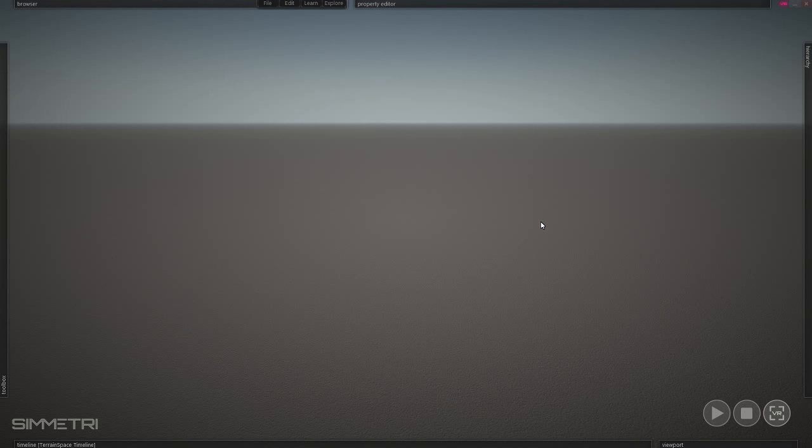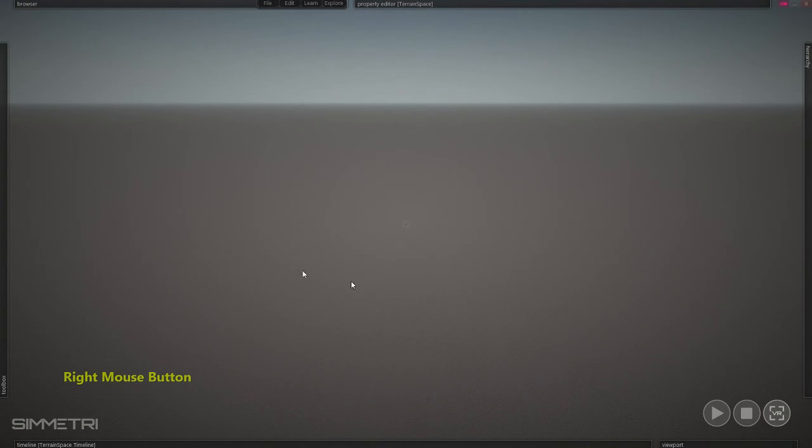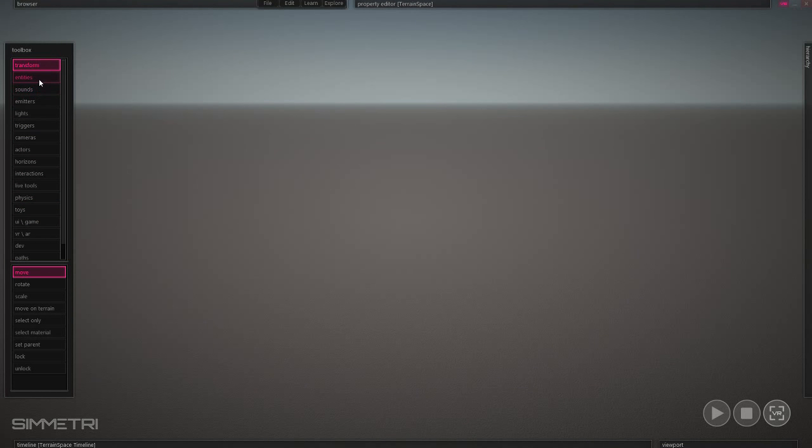So what we're going to do is basically make a box unit that has a trigger that matches it, and when that trigger gets crossed, we're going to end up with a particle emission that is actually emitting. So let's set that up now. So what we need is a trigger,